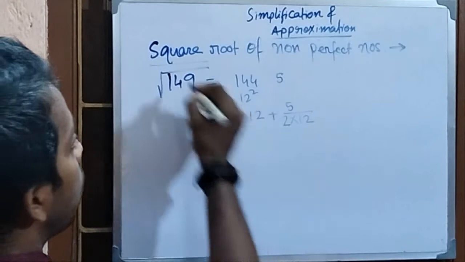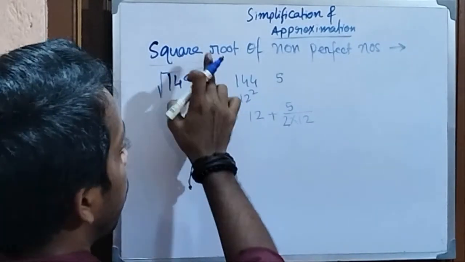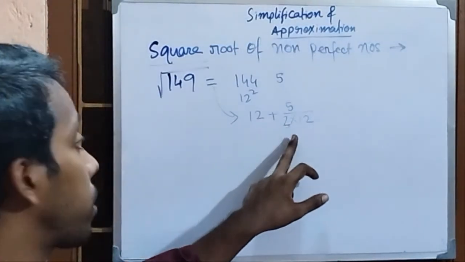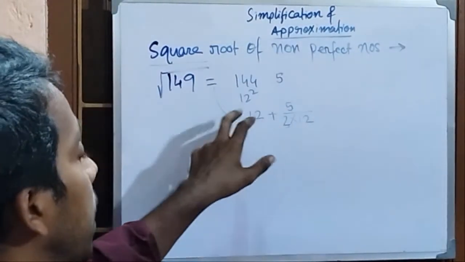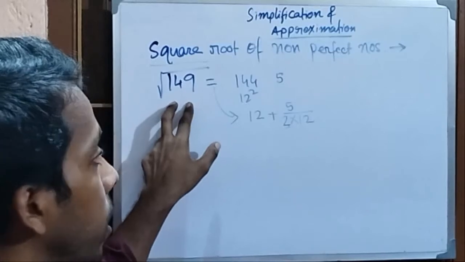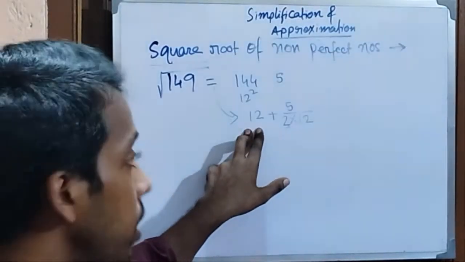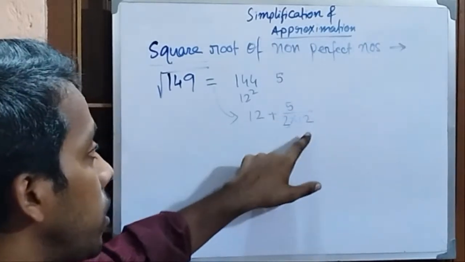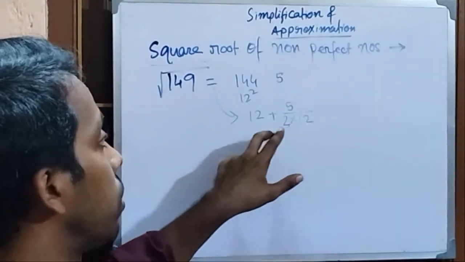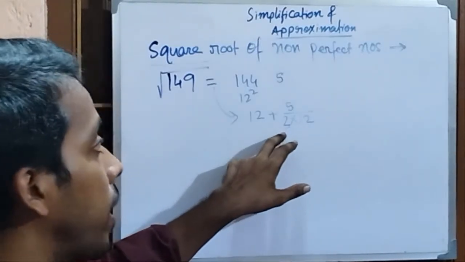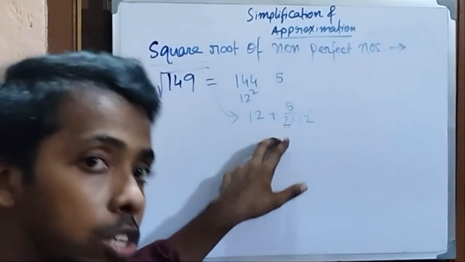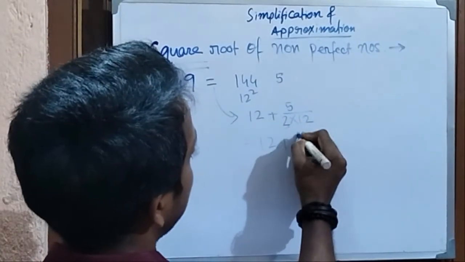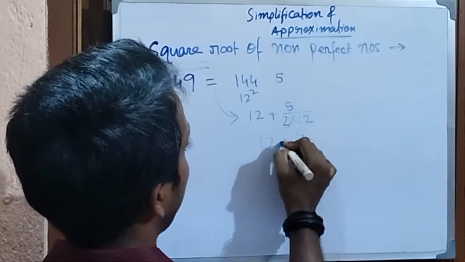For square root, only for writing the square root, we will multiply this by 2. This is the rule of thumb, you can say. 12, the number which is close to the non-perfect square number, write down the base number here, plus the extra part you have to write in the numerator, and in the denominator you have to write that base number, which should be multiplied, only the denominator part should be multiplied by 2, and you can solve it out. This is our answer, 12 plus 5 by 24, right?